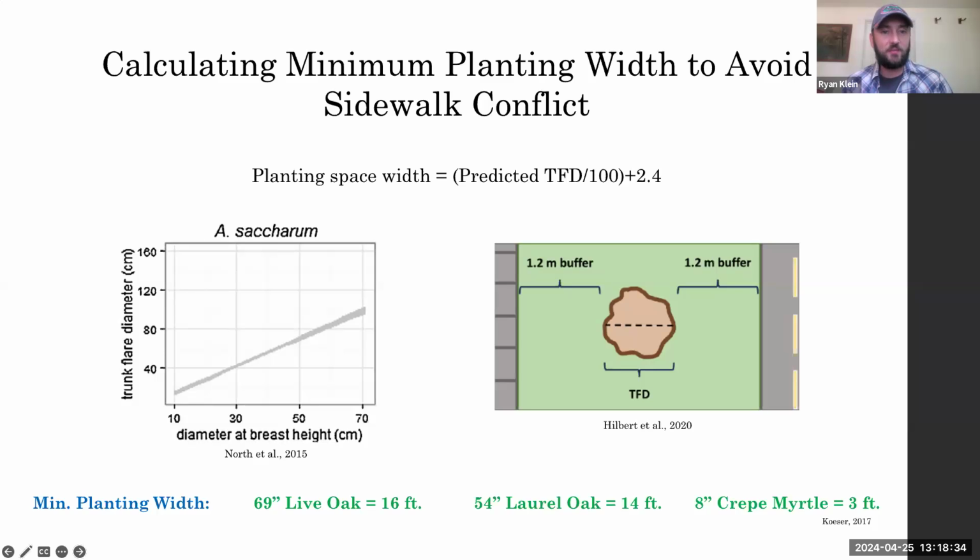Some planting recommendations were made based off of this, and what they determined was that you needed basically 4 foot on each side of the tree, plus the trunk flare diameter at maturity, as far as how big the planting space should be. Just for example, if you've got a 69-inch live oak, which is a large tree, you should have at least a 16-foot wide planting strip.